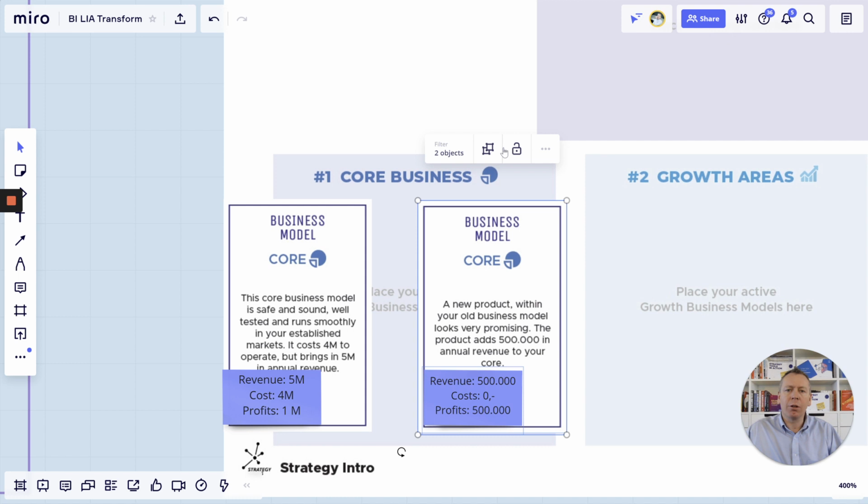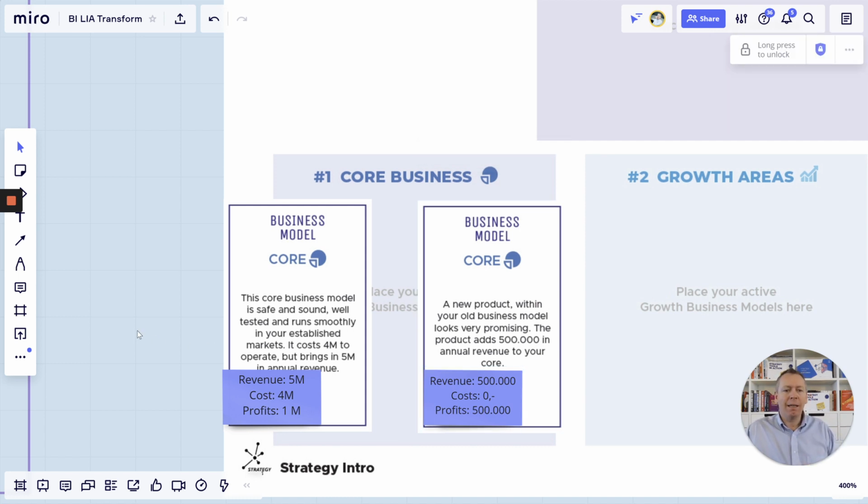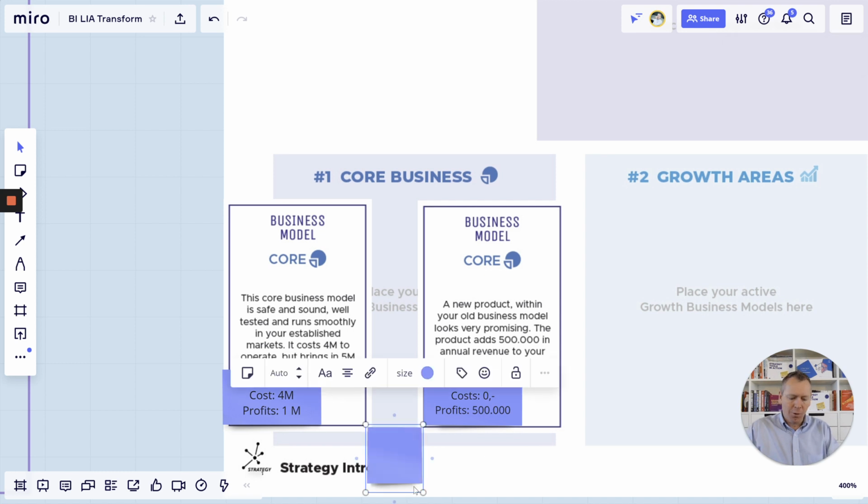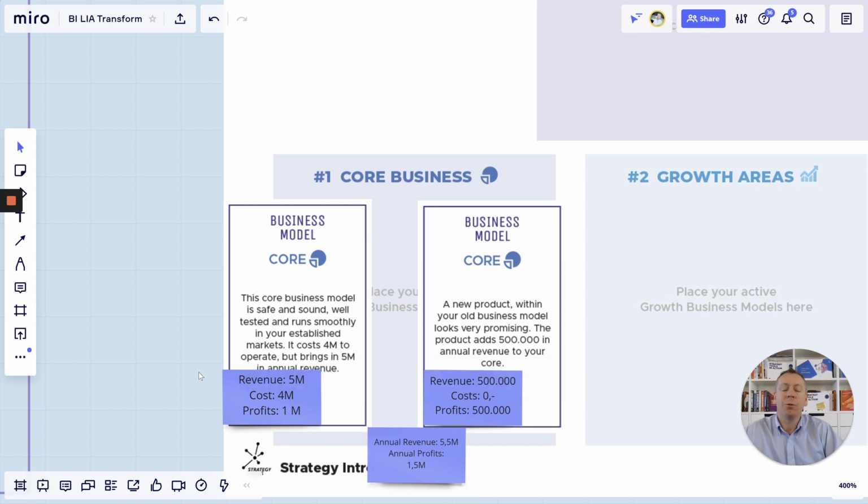Now, these are the things you're learning as a new management team getting ready to take over this company. And this now means that you have an annual revenue of 5.5 million and an annual profit of 1.5 million. This is extremely important information once you start getting into your basic accounting, once you start getting into your basic financing, and once you start growing the company.